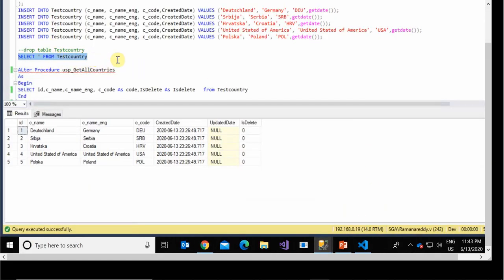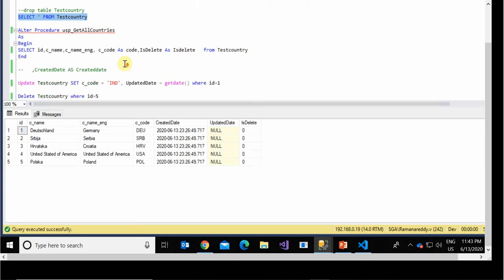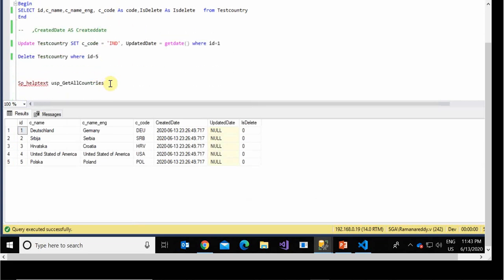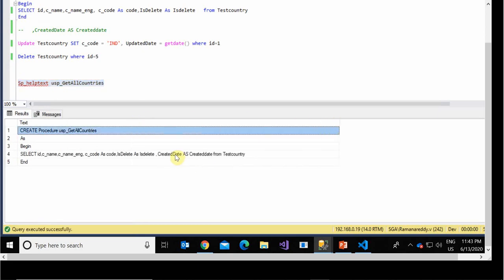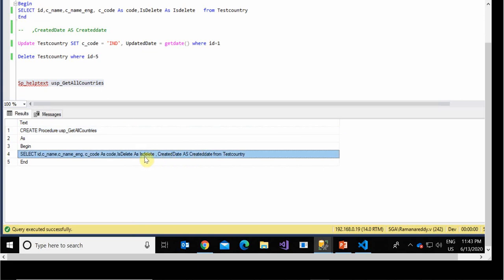So this is my test data. Let's go and check my procedure, what is written in this procedure. See, in this procedure I gave created date, is delete, is code name. Like that I am passing the columns.